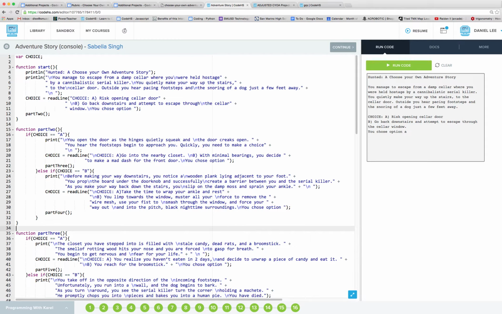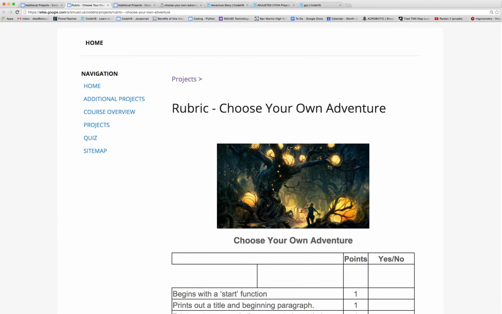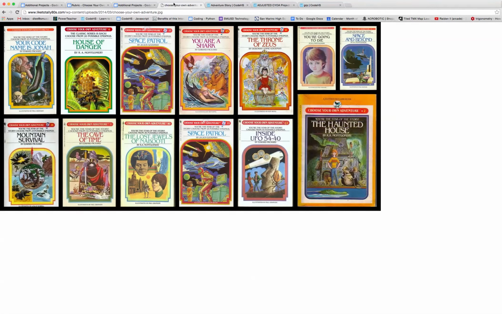One thing I want to talk about is on the rubric, it says that you should have at least 15 nodes with at least 4 sentences per stage. And so you might be like, what's a node and what's a stage? And so the way that I was thinking about it is,